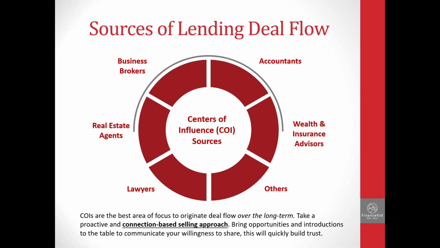So working through COIs is a great long-term investment because over time, if you build a stable of 10, 15, 20 accountants and 10, 15 real estate agents, on a monthly basis, you're going to get anywhere from 5 to 10 opportunities that you analyze that maybe one a month will convert. And if you're doing 10 to 12 deals a year, you're more than clearing your annual sales target and making the bonus that you want to earn. So COI selling and connection-based selling is the best way to approach commercial banking over the long term.